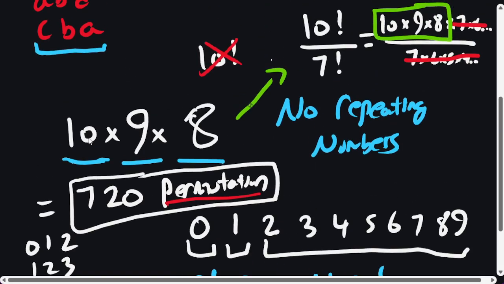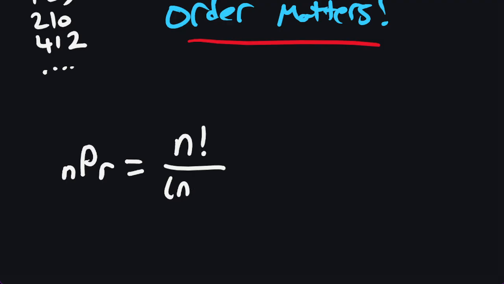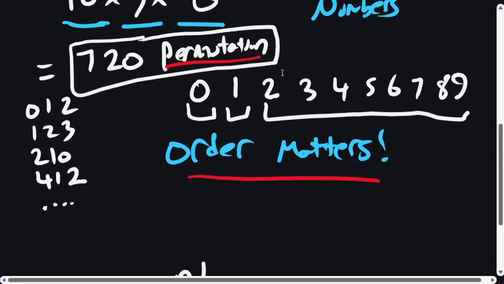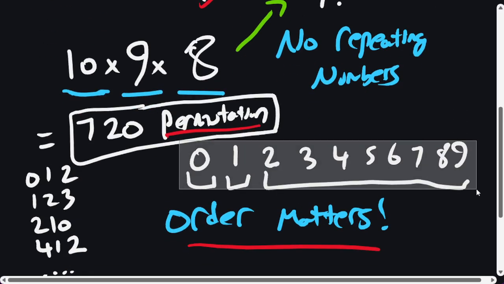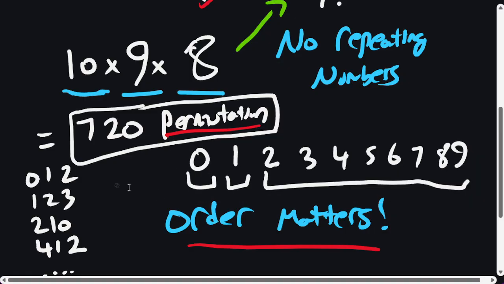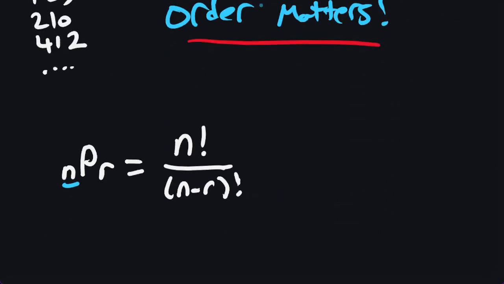So it would be written like this: n permute r equals n factorial divided by n minus r factorial. And n right here, in this case up here, is how many objects we have. So we have 10 digits. So in this case, n is 10. And r right here